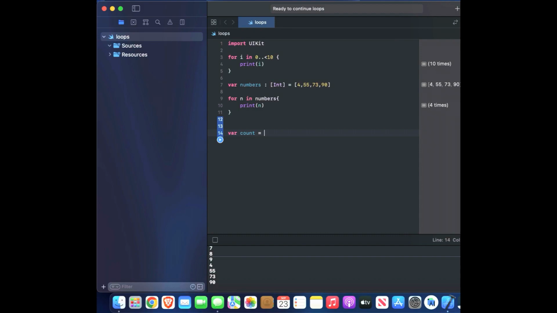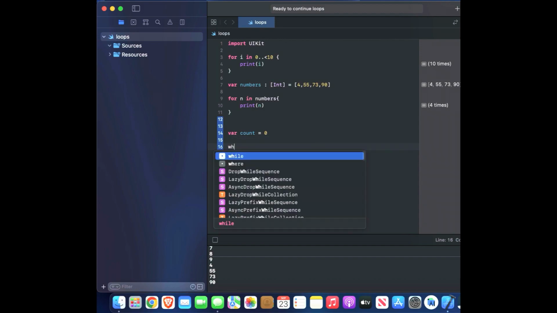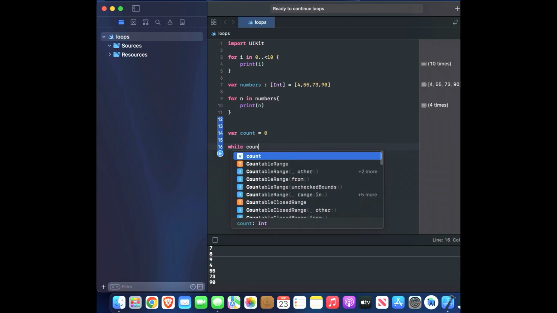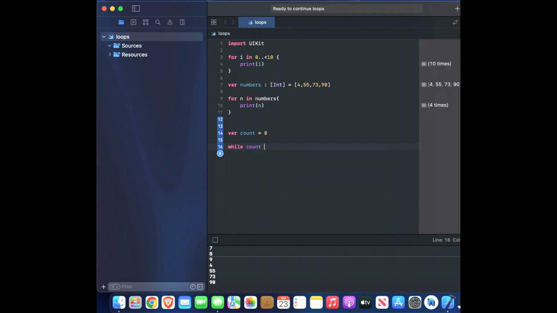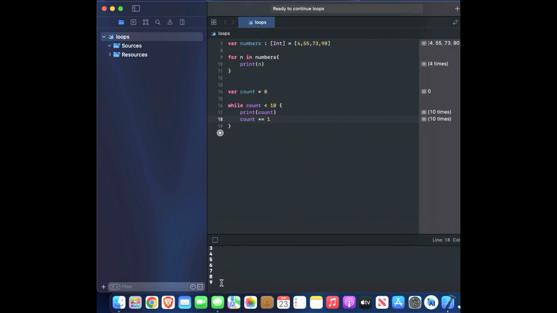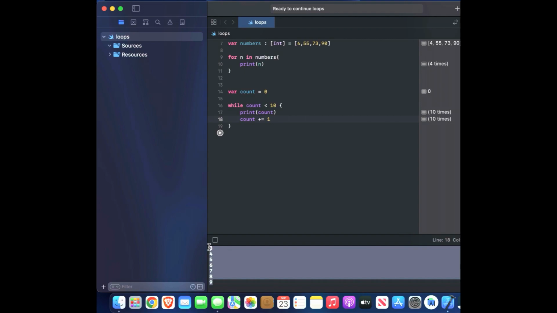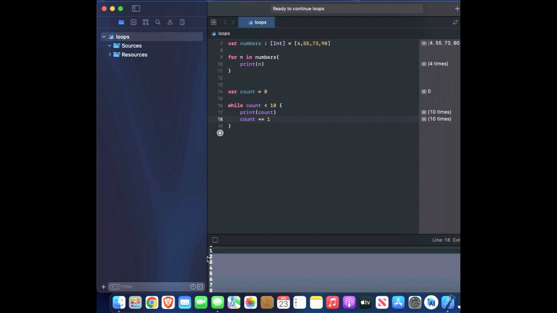We come to make another thing. We define a variable count as 0, and we use while. What is the difference between while and for loop? Try to think about it. Check the video now, you will understand better. While count is less than 10, print count. But if we keep it like that, it will work infinitely, so the program will repeat and not stop. You need to add count plus 1, which means each time count is 0, then after that